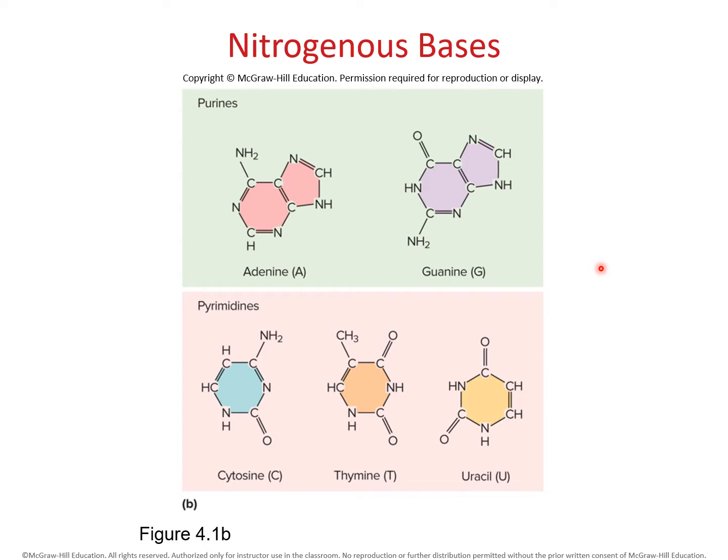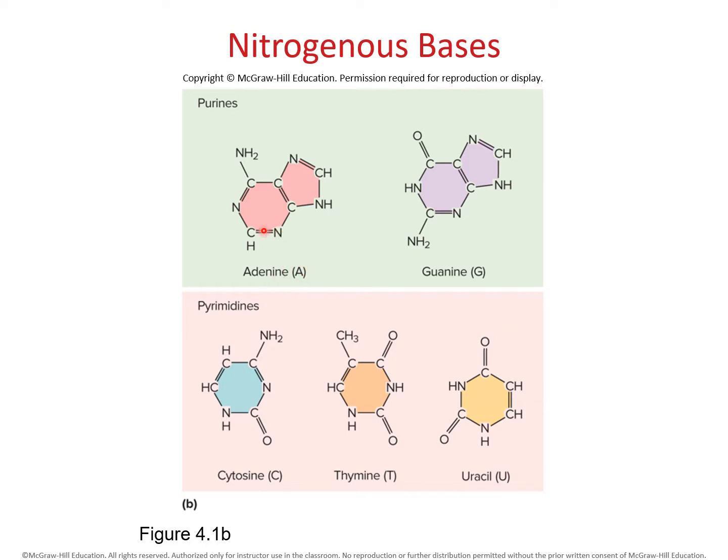Here are just some other examples of the other nitrogenous bases. Again, don't try to memorize the exact chemical structure of these. You do not need to do that for this class. If you ever take a biochemistry class, and maybe some other chemistry courses like organic chemistry, you will have to memorize the structures of these nitrogenous bases, and all of DNA and RNA. That's a big topic in many chemistry courses. So if you ever do take a chemistry course, you probably will have to memorize these and be able to write these out. Okay, but you won't have to in this class.